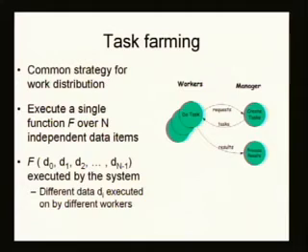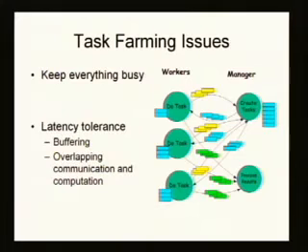But given this basic setup, let's go back to some of the features that Brad was talking about and see how some aspects of them could help us. Let me back up and say that at least one of the main issues in task farming, load balancing being another, is that you want to keep everything busy. You'd like to get as much work tossed over your shoulder as you can. That means you're probably going to be buffering tasks inside the workers, so that the minute a worker goes idle, bang, it switches buffers and starts working on the next task.